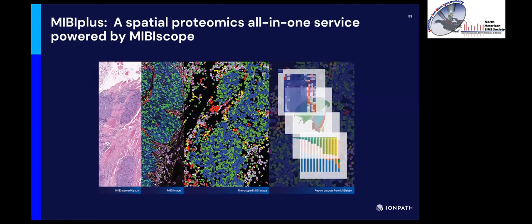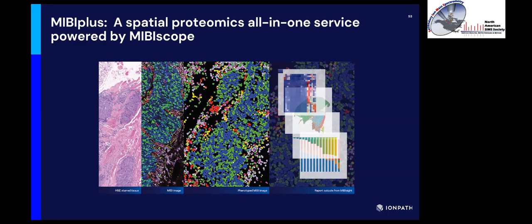So we're all pretty excited about that. And in this case, MIBI Plus is a spatial proteomics all-in-one service that's powered by our MIBI scope. So what this means is that we will take you from start to finish of analyzing your tissue samples, where basically we will stain them, we will image them, we will segment, we will do the data analysis, and we'll provide you back with much of the same information that these researchers were publishing on in the applications that